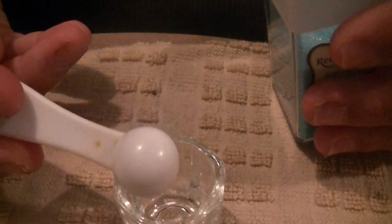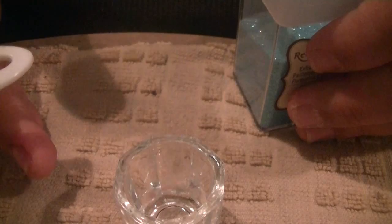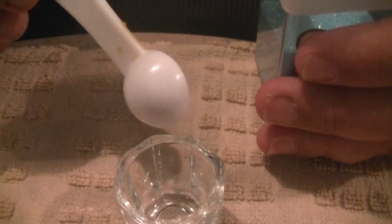Okay, so for beginners who are just learning the correct ratio to get the correct thickness, a half teaspoon of the glitter mix mixed with a half teaspoon of acrylic should get you at least 1 complete set with some left over. Depending on how thick you make it, you may not be able to get 2 complete sets, but you definitely would get at least 1 complete set with some left over. Okay, so with that said, I'm going to make a half teaspoon of mix,